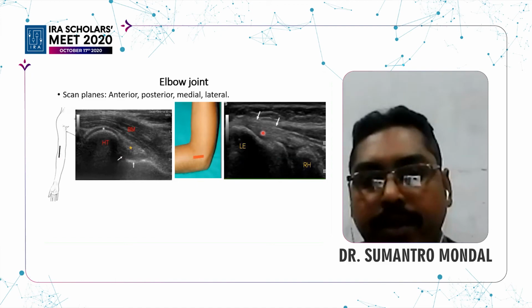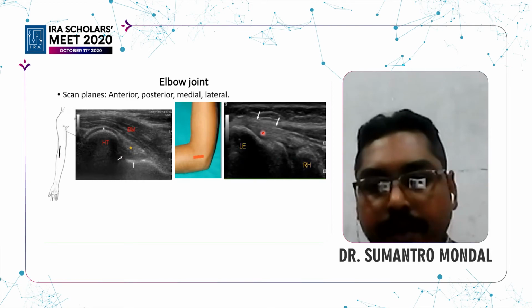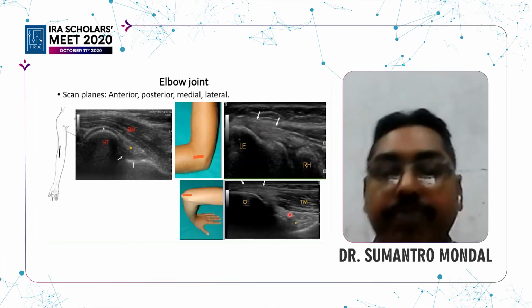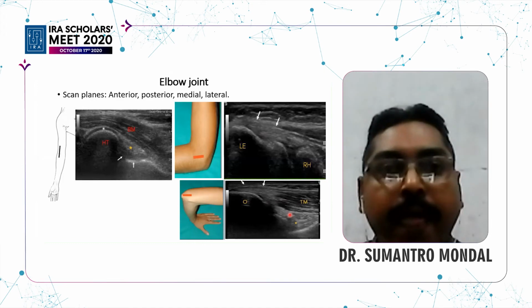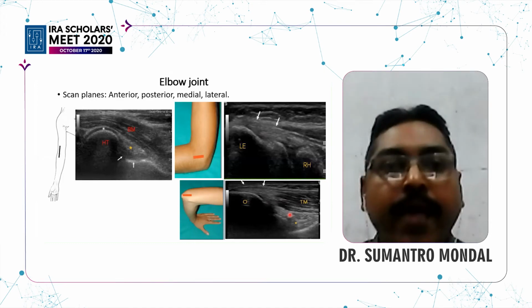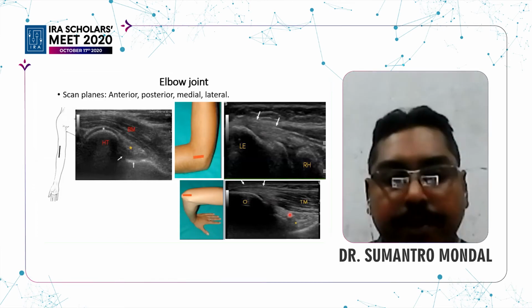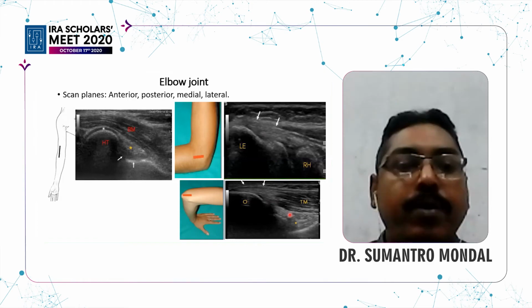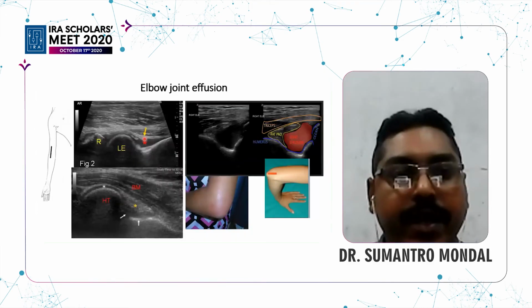This is the posterior aspect. This is the olecranon. This is proximal towards the humerus, and this is the olecranon fossa, which is also normally filled with fat. So we commonly use it to show the ultrasound detected effusion. So this is a patient with a swollen elbow joint. In comparison to a normal elbow joint, a clear fluid can be visible in the radial fossa, which is displacing the fat pad